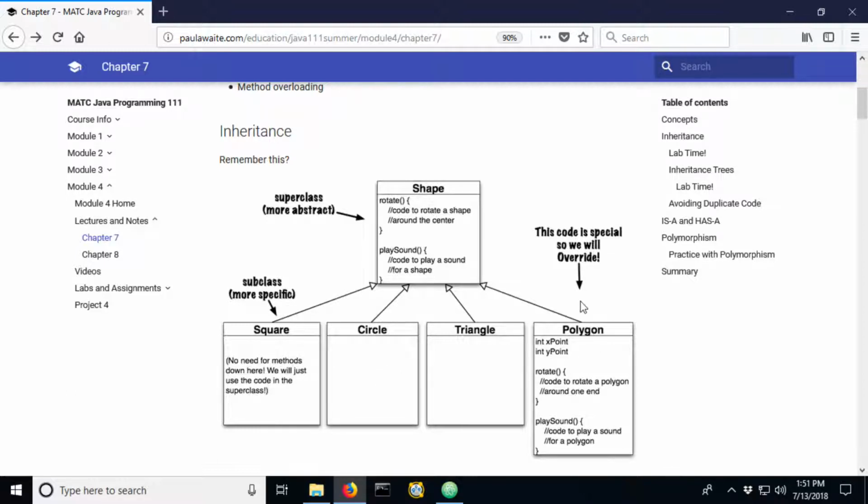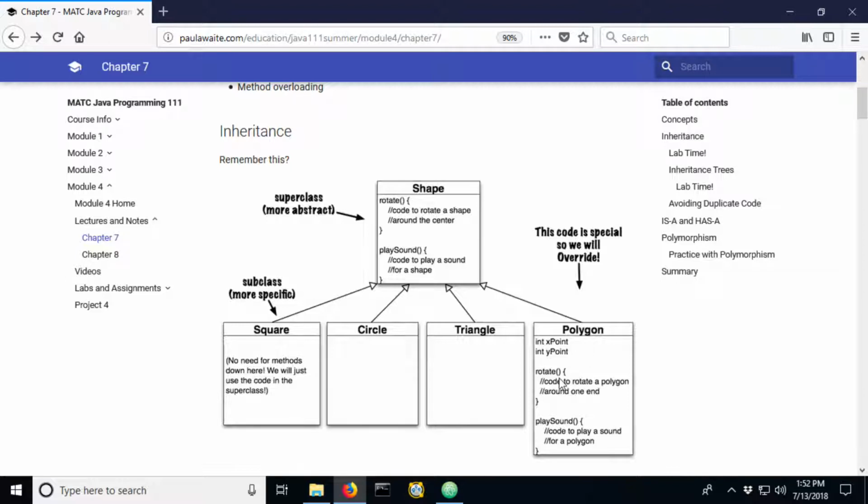And then we had that new polygon type that was introduced, and the solution was to add a new class. And the cool thing about that, if you remember, is that we could add that class and it didn't affect any of the existing code that we already had. The things that were different about polygon was that there were a couple new instance variables, an x and y coordinate, and that was the rotation point for the polygon.